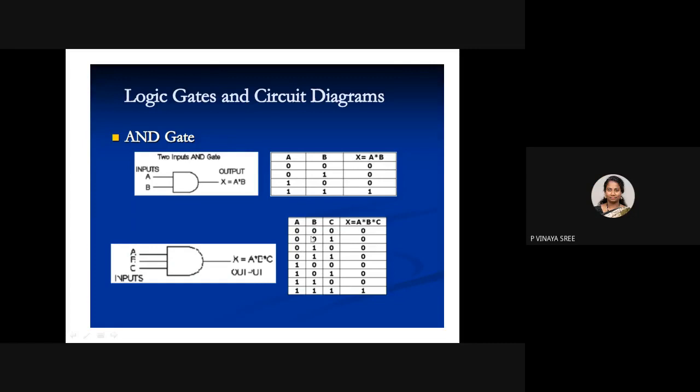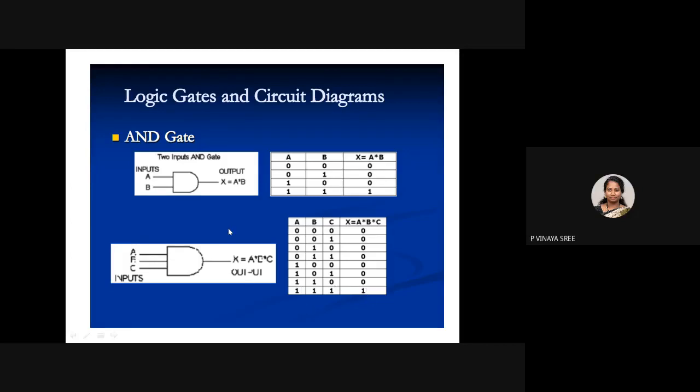If in any one combination an input is 0, then by default there is no need to do anything. By default you have to place 0, because anything with 0 gives 0. So if in any input combination you have a 0, then definitely the output will be 0. So as we have zeros here, the output is 0. Here also 0. So wherever you have a 0, the output will be 0. But in the last case we have all ones, so definitely you will get 1.